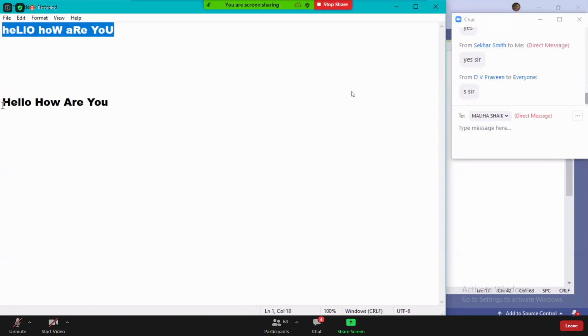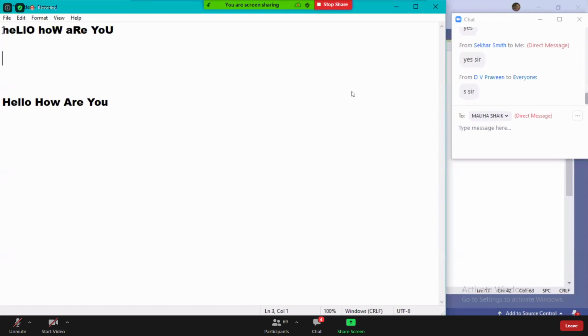So it's a mixed combination basically, a combination of uppercase and lowercase. So the first character should be converted to uppercase and the next characters into lowercase. That's a big headache, guys. Converting some into uppercase, some into lowercase, it's a big headache.